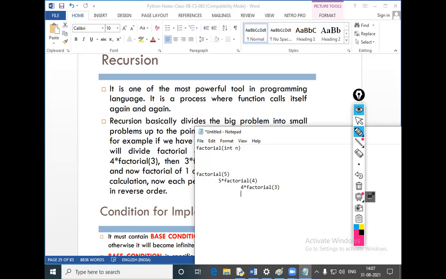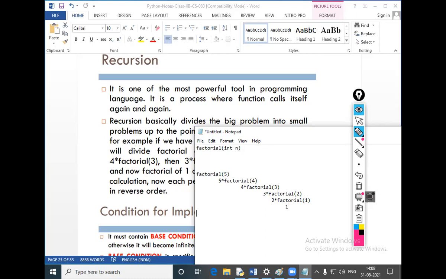Now define it: 3 into factorial 2, and 2 into factorial 1. Now, factorial of 1, or of any number, is... the factorial of 1 is 1.